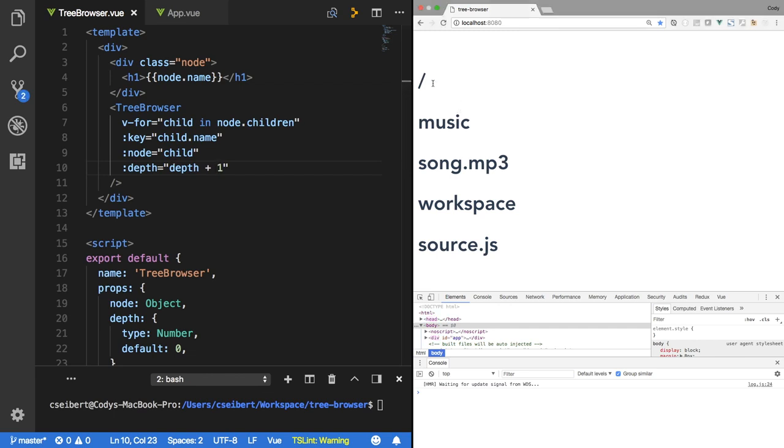So if we're on this first entry, we're going to be depth of 0. Music will be depth of 1. Song will be depth of 2. Workspace will be depth of 1. And sources will be depth of 2. So now that we have the depth incrementing by 1 every time we traverse down the recursive call stack, how